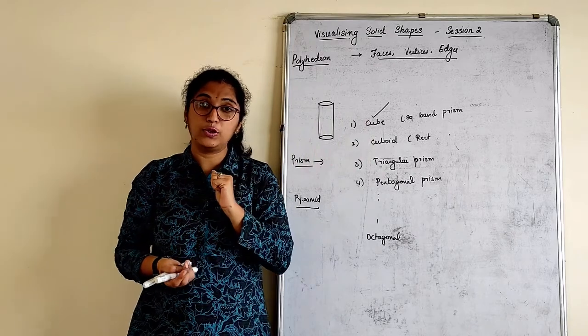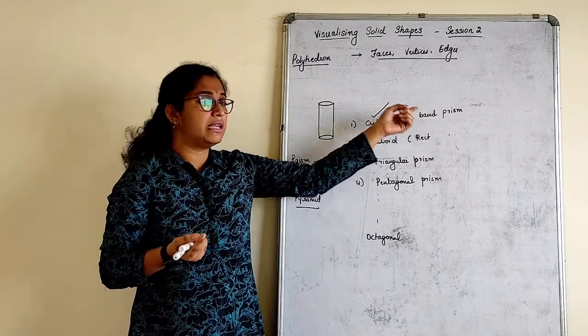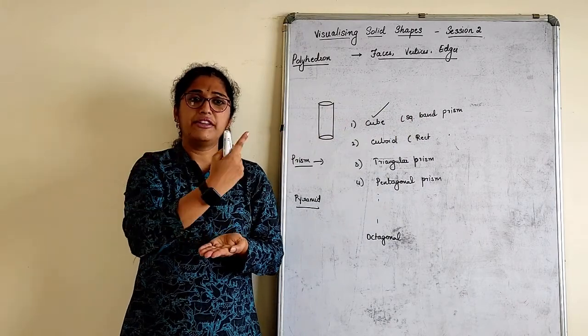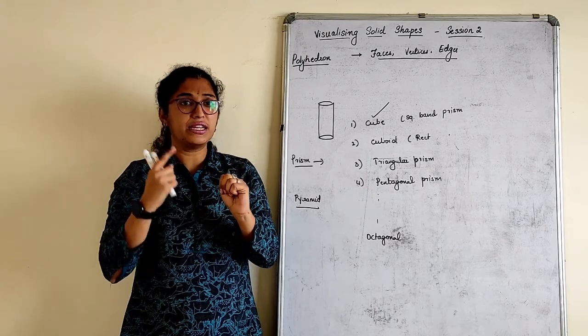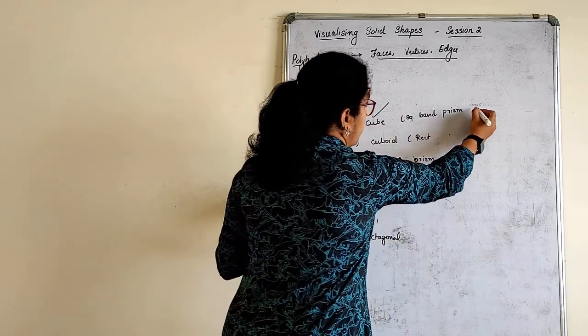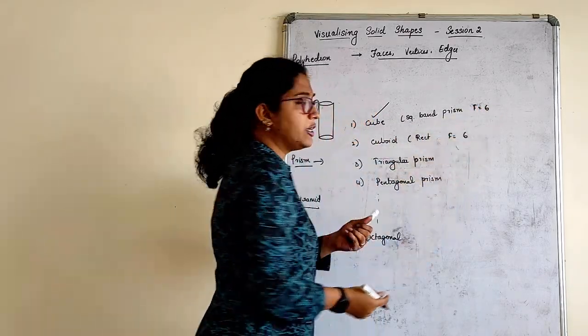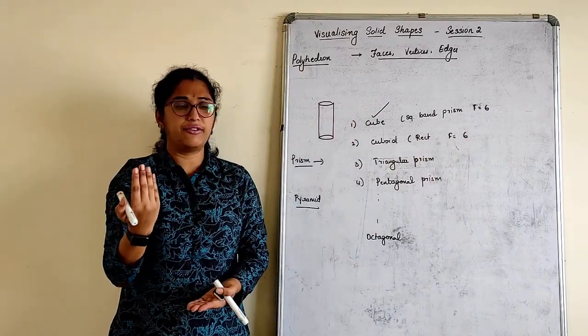Okay, I'll come to a cube. First of all, a cube is nothing but a square-based prism. Base is square, top is square. How many faces will it have? Square only. It will have four faces, right? So 4, 5, 6. Total, only faces I am talking about here: 6 faces. Rectangular prism also has 6 only. Base is rectangle, top is rectangle, then 4 faces are again rectangles.